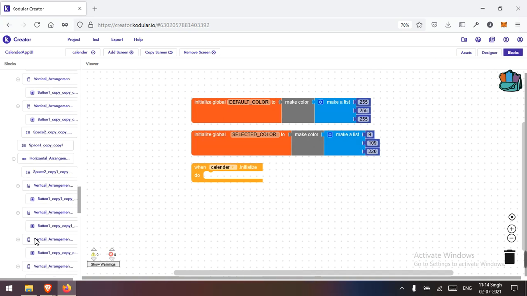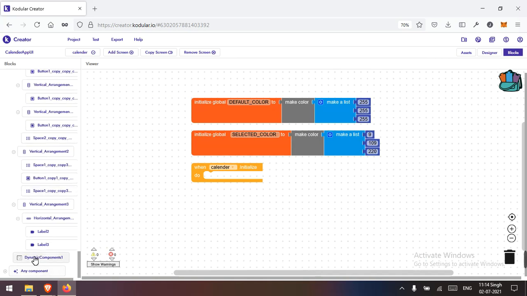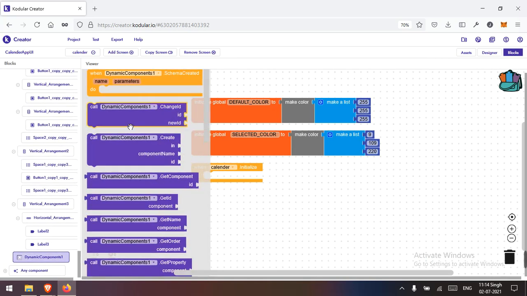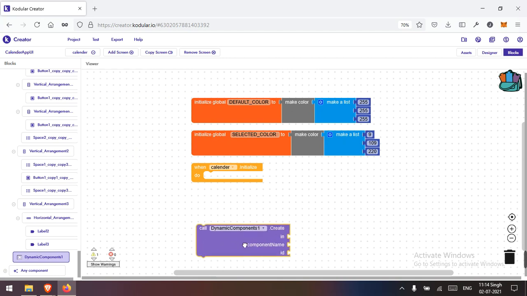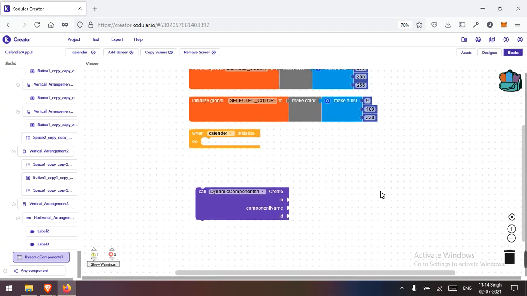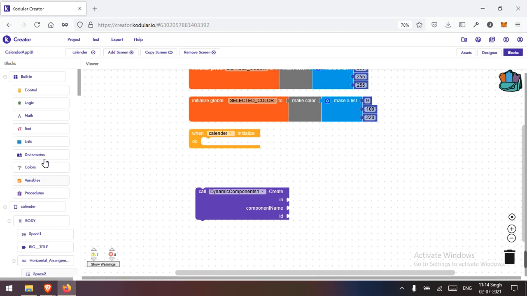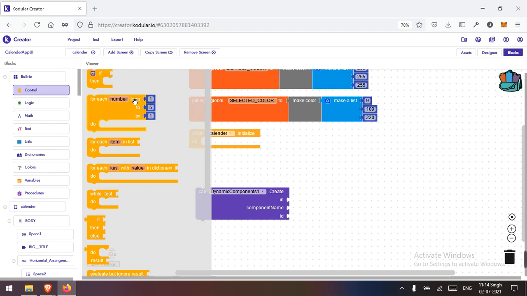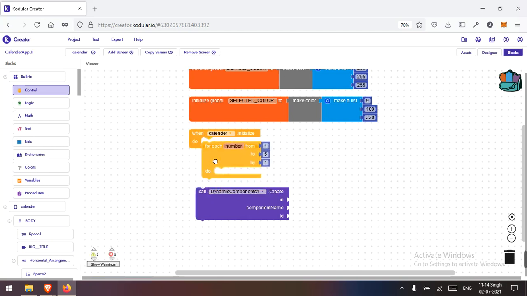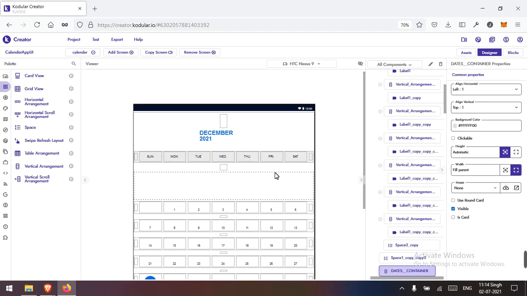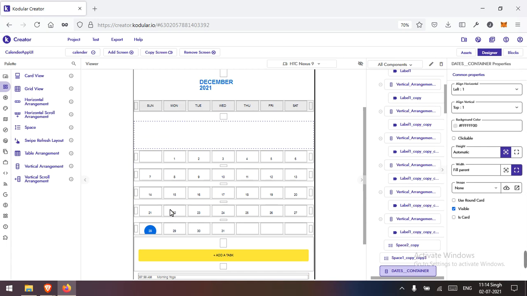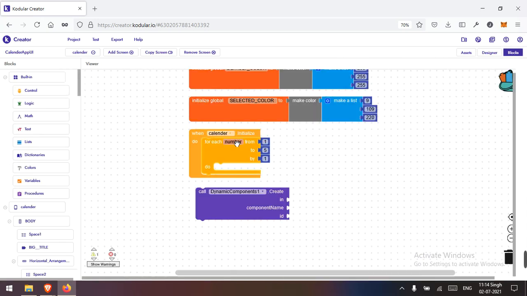And let's create this UI, and we have to run this 5 times because we have 5 rows here. As you can see, it's 5 rows: 2, 3, 4, 5. So we have to run this 5 times,